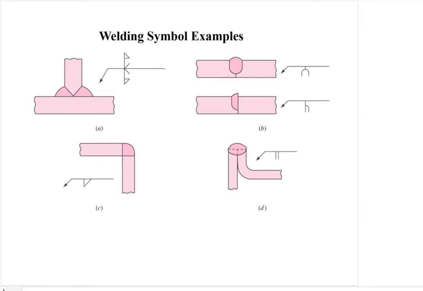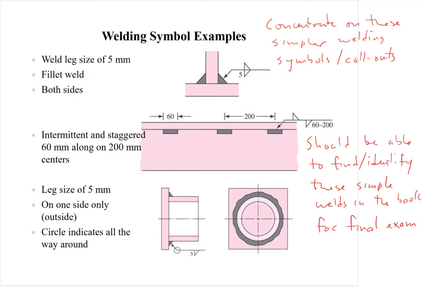And if it's not in page 7, yeah, there it is. Okay, so we have the J weld, U weld, and let's go back through all these simpler welds. So in the first page of welding simple examples, we have